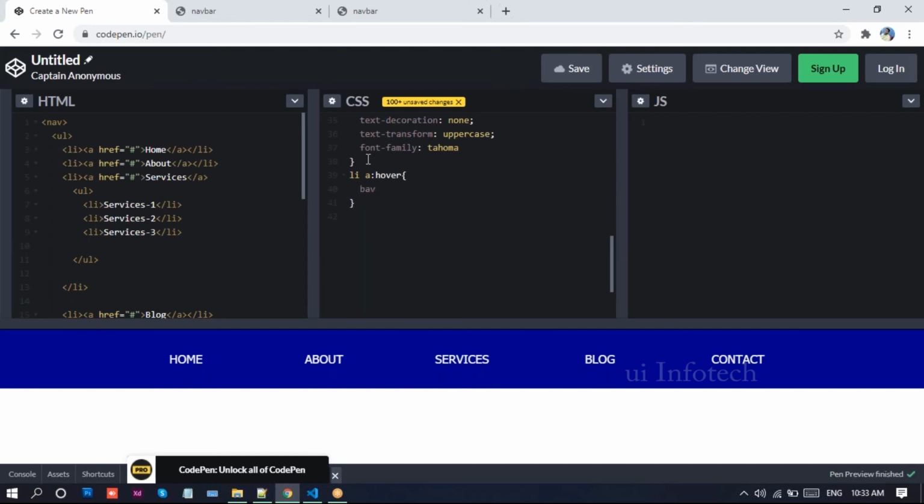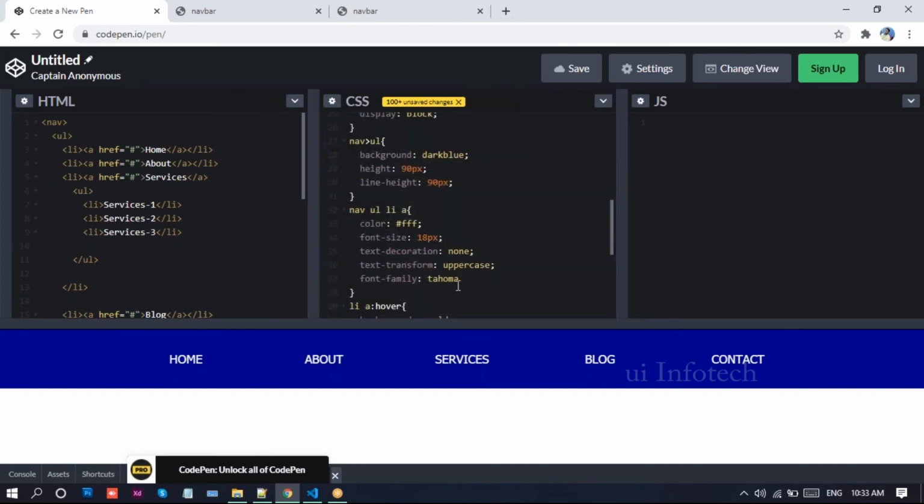I'll write hover, and for the hover I'll write background gold, and color black.